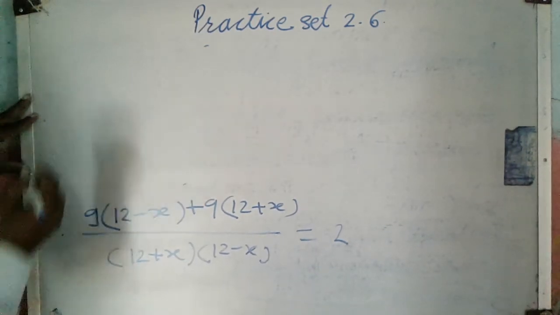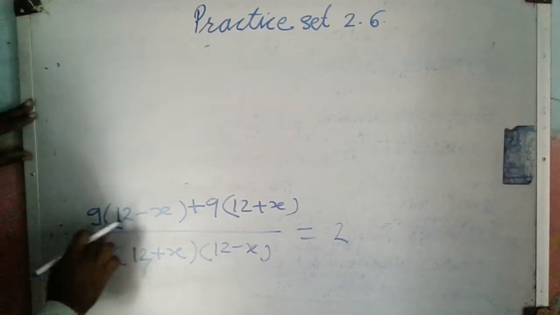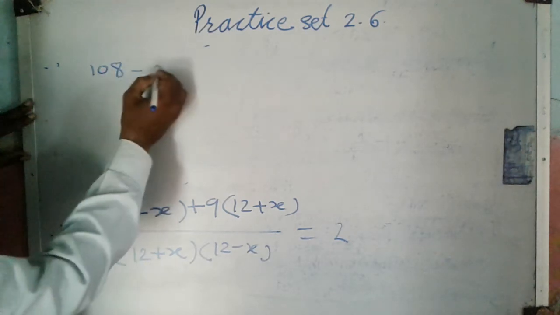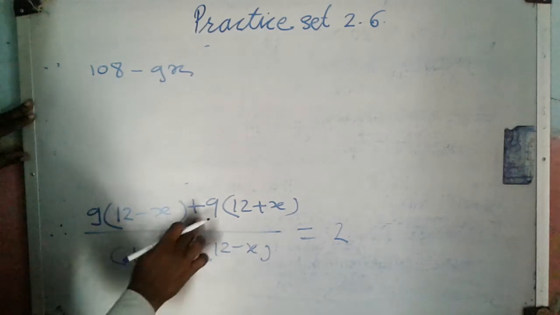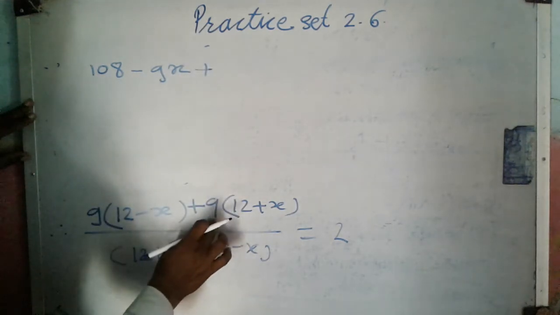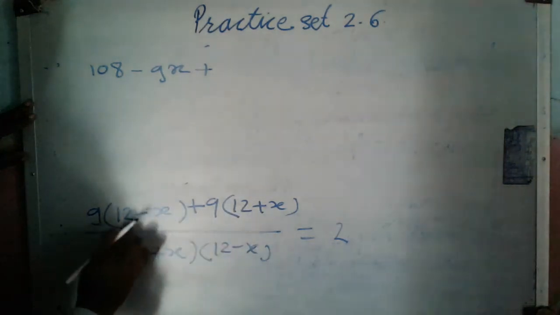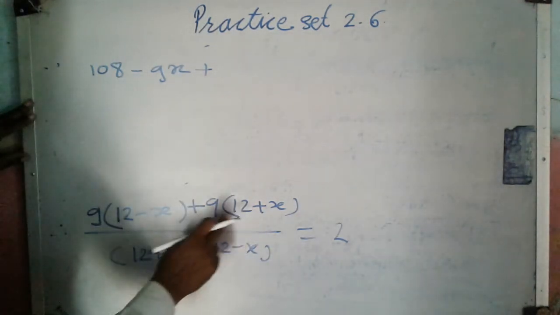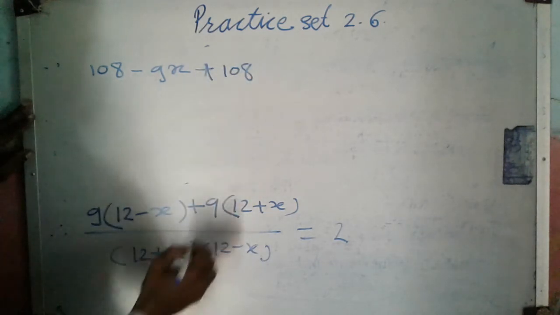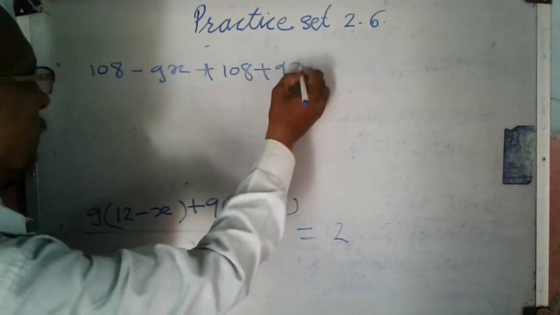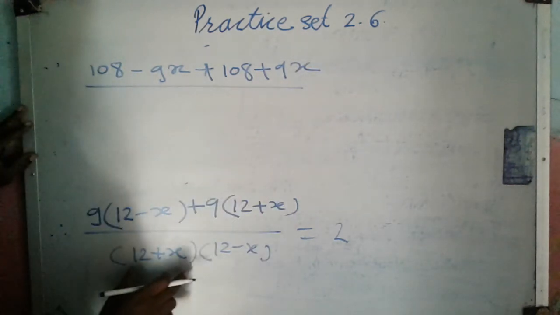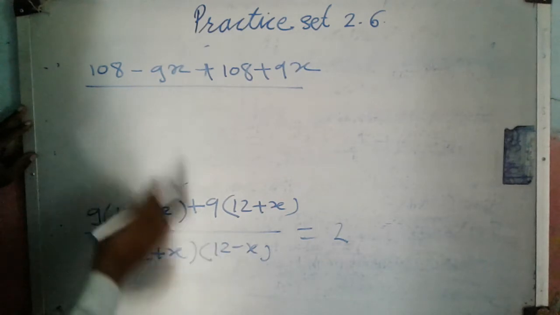By solving this we get 12 nines are 108 minus 9x plus 12 nines are 108 plus 9x upon